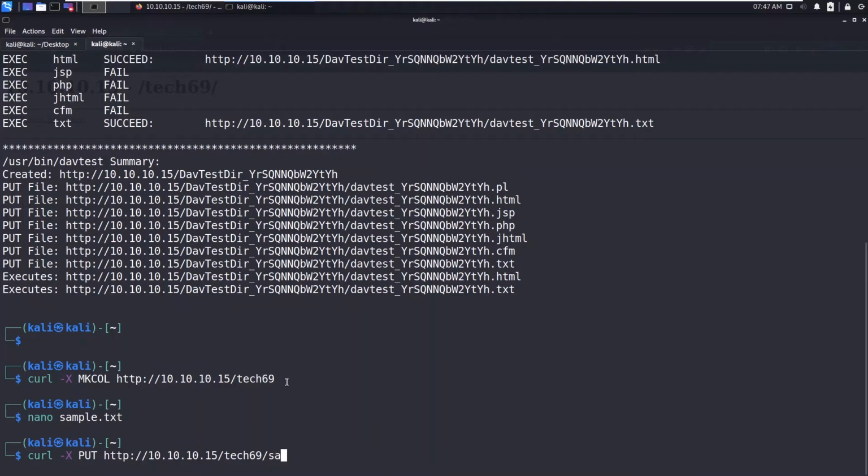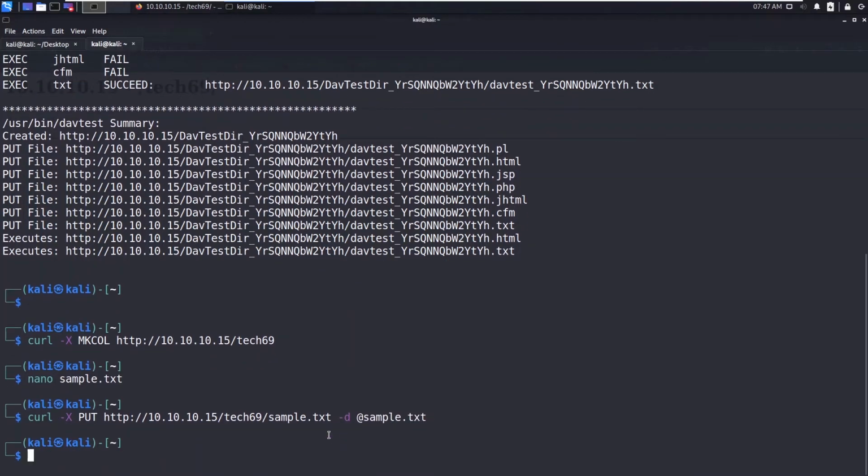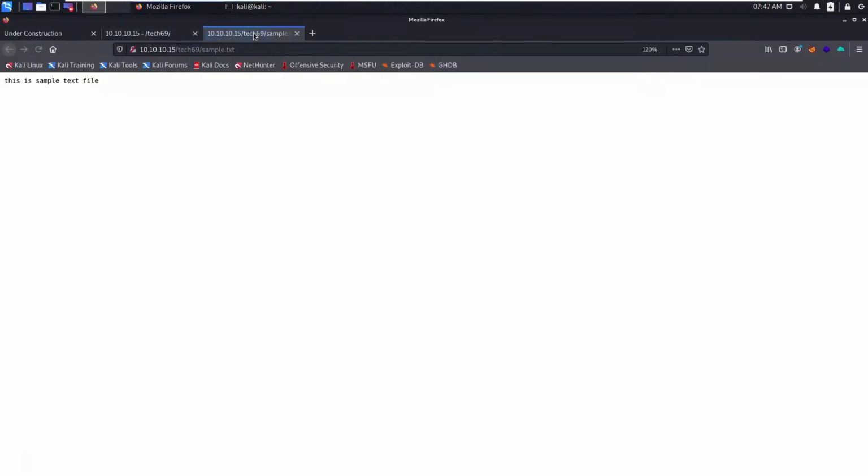We need to say sample.txt to that directory, and you need to specify the data, that is sample.txt, and hit enter. So you can go to this URL, and you can see this is a sample text file.